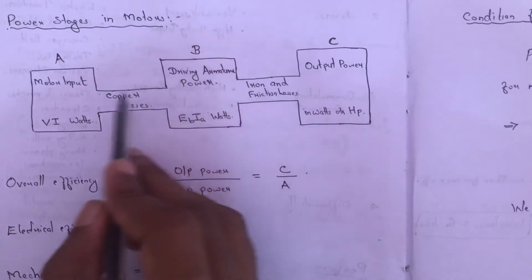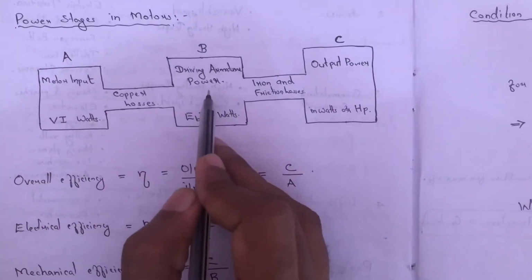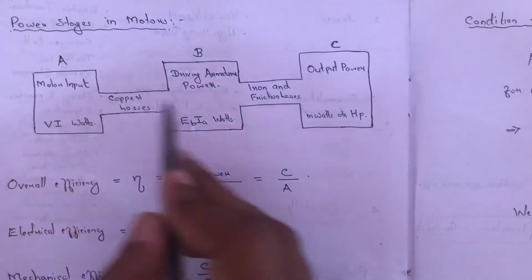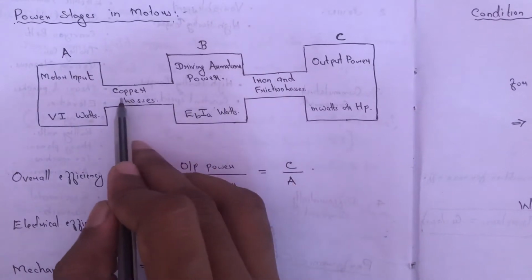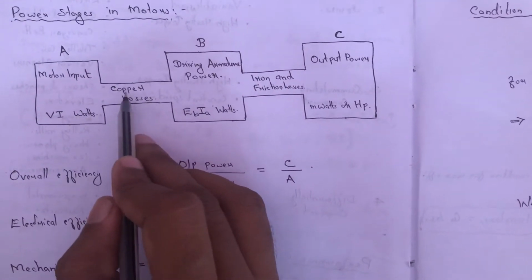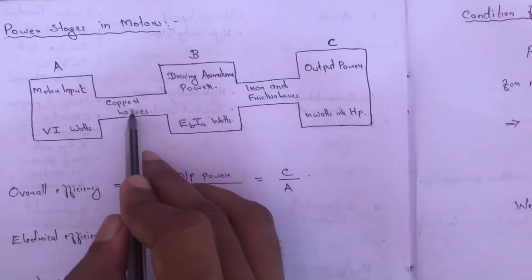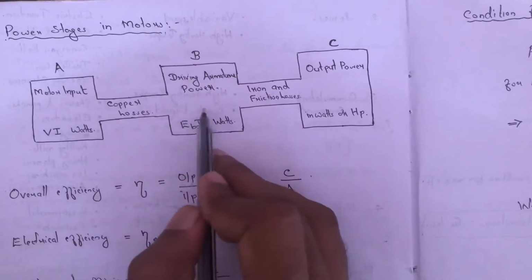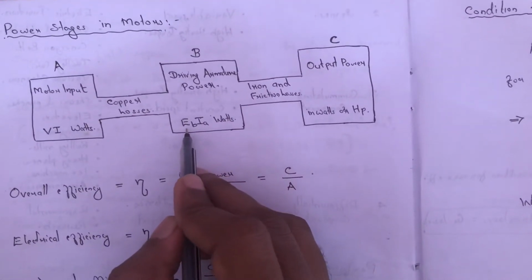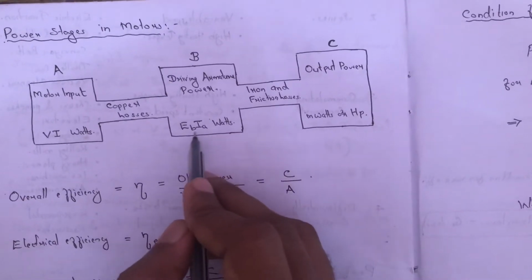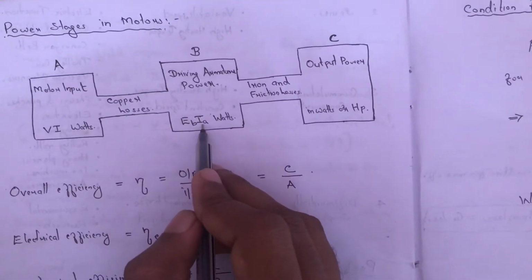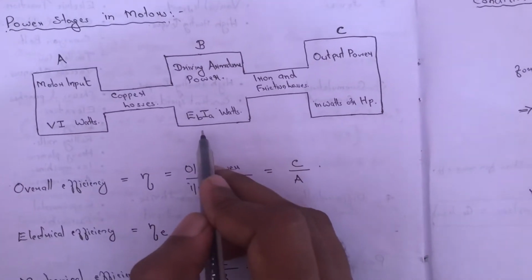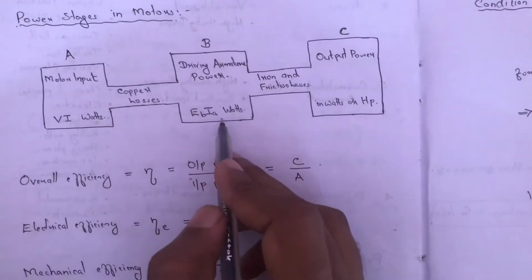And next we can see the input power is reaching the armature. Before that we have some losses, so the input power will not fully reach the armature. We will have some copper losses, that is Ra, due to the armature resistance. After those losses only, the power will reach the armature. We have seen that the armature power is equal to Eb into Ia, that is back EMF into the current flowing through the armature, the electrical equivalent, and torque into omega as the mechanical equivalent.